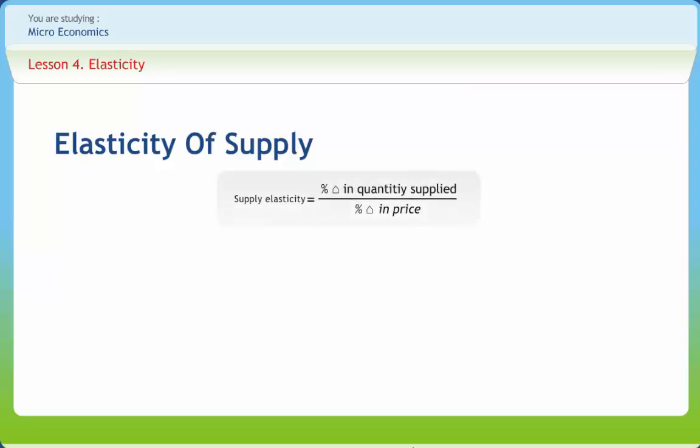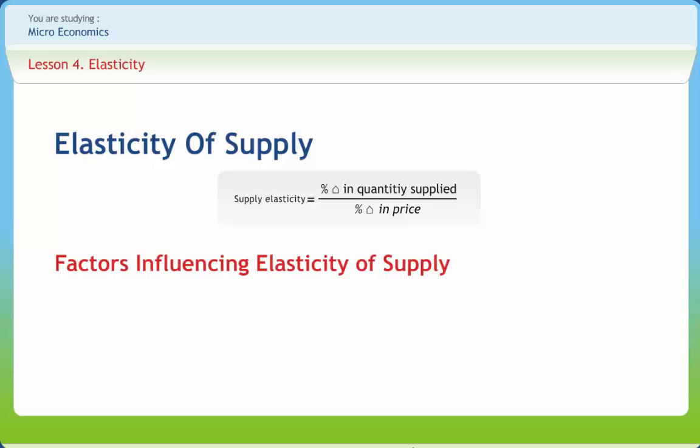Mathematically, ES equals percentage change in quantity supplied divided by percentage change in price. Like demand elasticity, supply elasticity is of 5 types: perfectly inelastic supply curve, inelastic supply curve, unitary elastic supply curve, elastic supply curve, perfectly elastic supply curve. Factors influencing elasticity of supply are